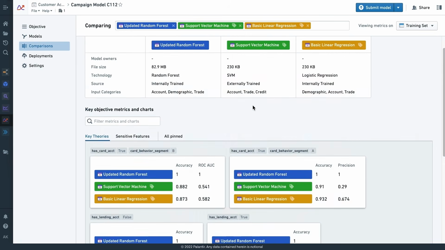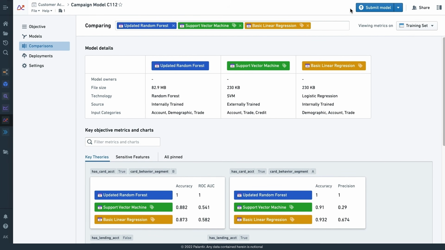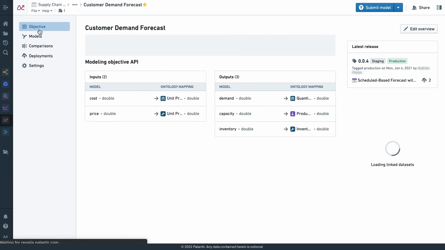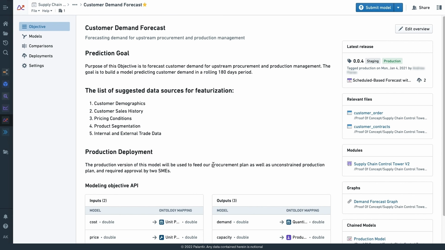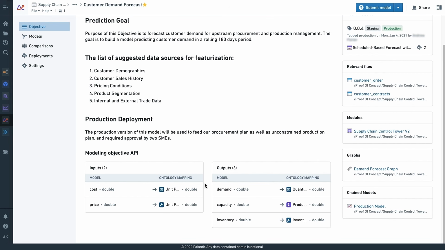And the idea is that once we've made our selection and tagged a model as being ready for production, the key step here, the coronation, is we're then going to bind this model to the ontology. Now, this is key, right? Because this is giving us a type system for the models. And so what you see here at the bottom with the modeling objective API is the winning model, which in this case was a SageMaker model, is going to take as two of its inputs, two properties from the ontology, from our supply chain ontology we've been working with this entire time. So it's going to take the cost, it's going to take in the price into this live inference endpoint.